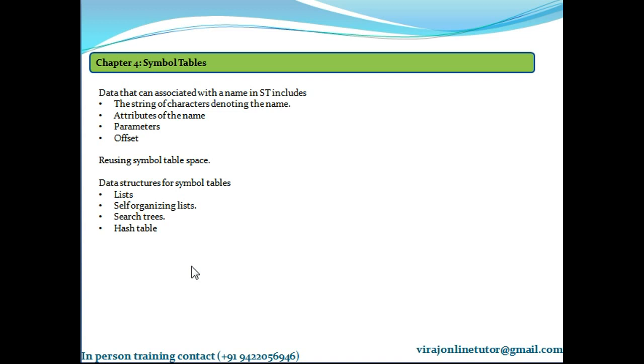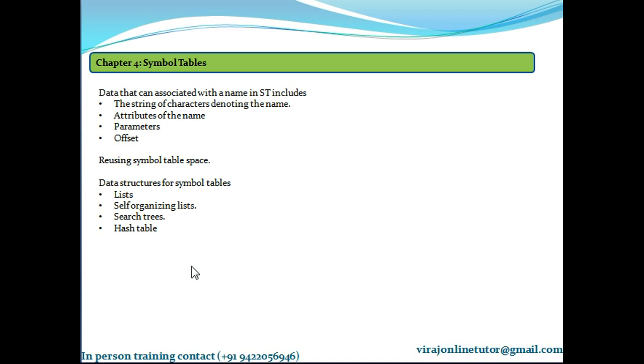I repeat, the data that can be associated with a name includes the string of characters denoting the name, and if the same identifier can be used in more than one block or procedure, an indication of which block or procedure this name belongs to must also be given.